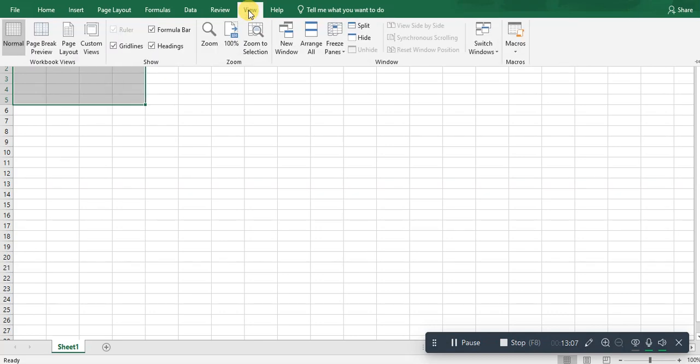Then under View, you can also choose how you want to view your workbook or worksheet. You can split, you can hide, you can use page break preview, you can even use macros. So all these aspects are also going to be covered in the same tutorial. And also,